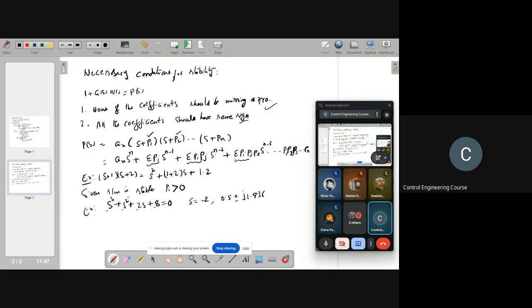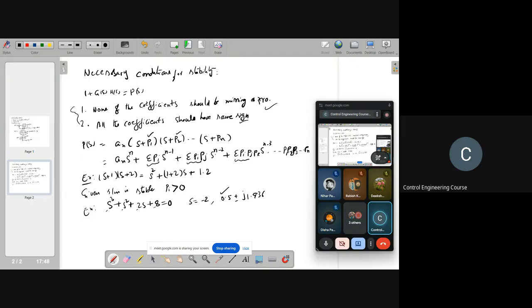So that means we can't guarantee stability. The positive real part means the system is unstable. These are only the necessary conditions. If the system is stable, definitely these two conditions will be satisfied. So how can you find whether the system is stable or not? In this case, the Routh-Hurwitz criterion helps you find whether the system is stable or not without calculating the roots of the characteristic polynomial.